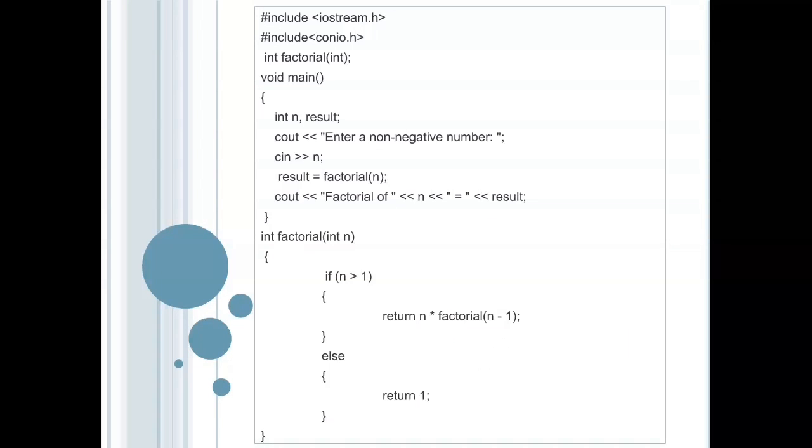So when factorial function gets called, compiler will jump to factorial function and will execute factorial function body. Here, inside the factorial function, if condition is there. This condition is to stop recursive function at some point.